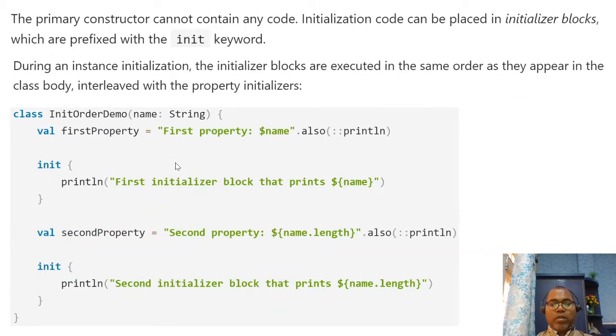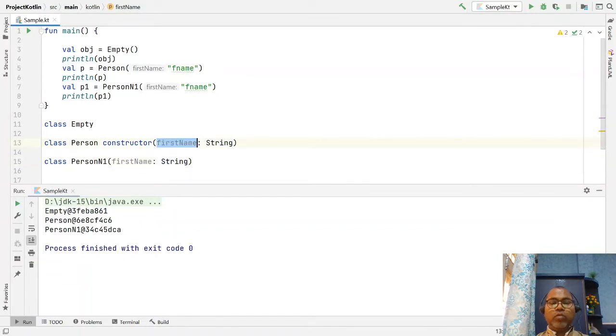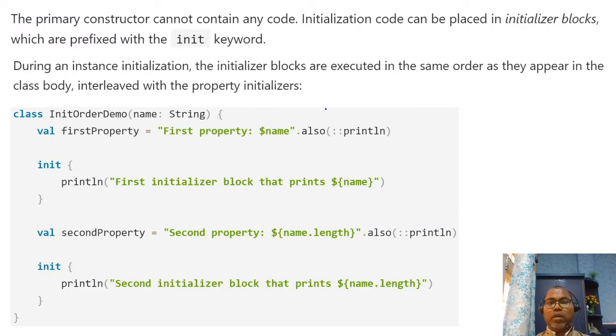Sometimes the primary constructor cannot contain any code. Here we have no option to write any code. Sometimes you want to do some initialization.